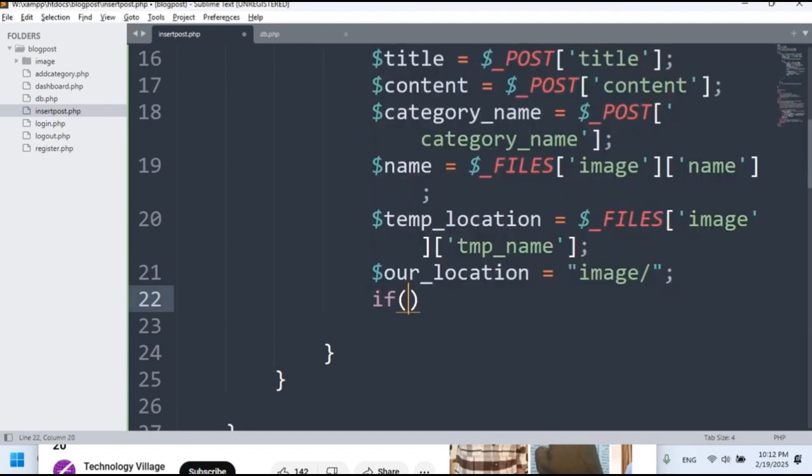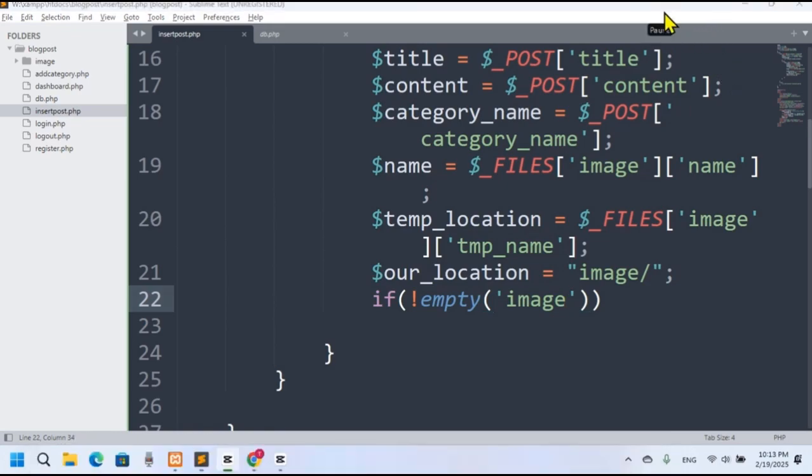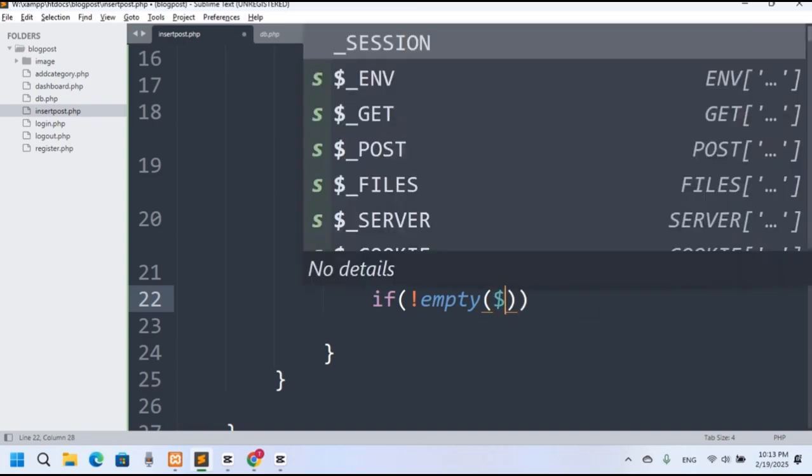Now I want to set an if condition here: if not empty, our file name is image, right? Not image actually. Here I will say if not empty our,